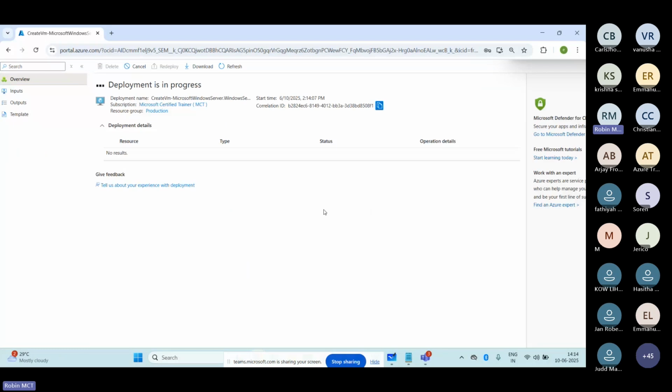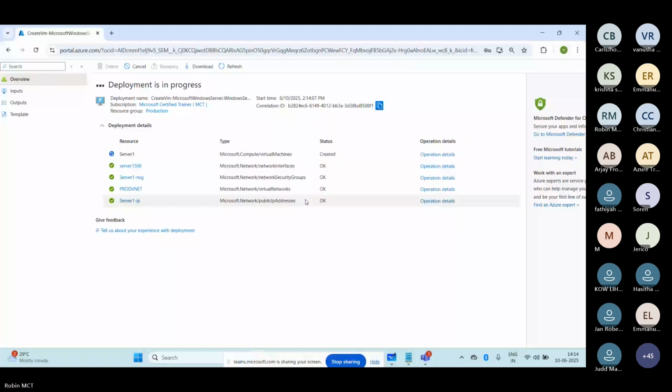Creation is in progress here. You may be able to see the deployment is in progress here. You can see here the deployment has started.